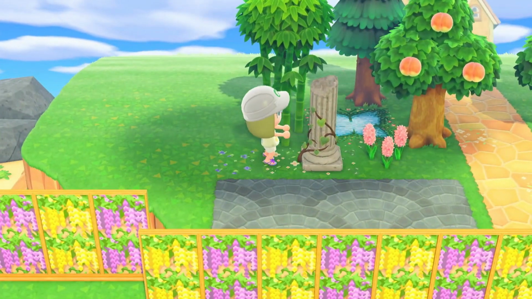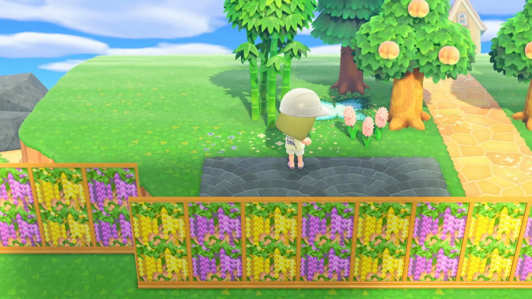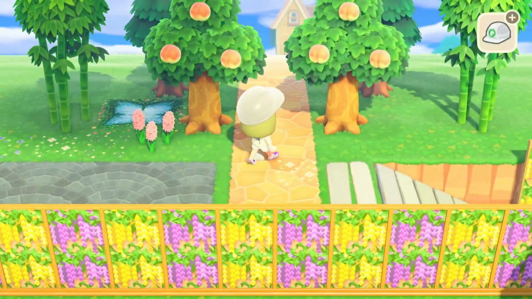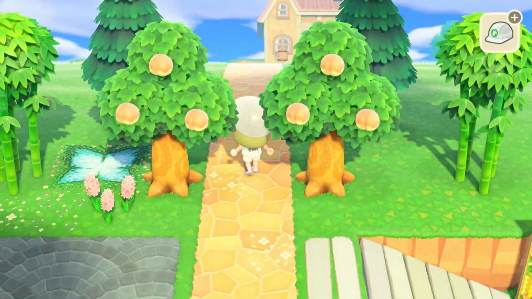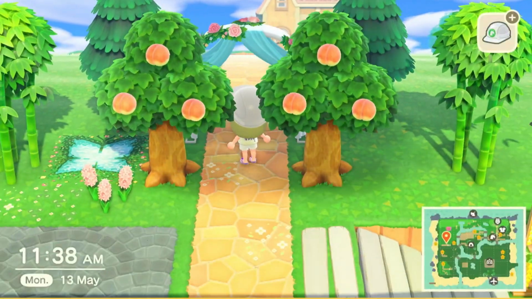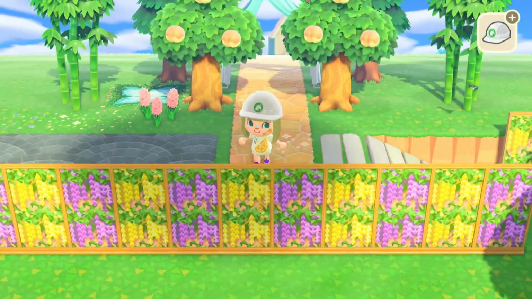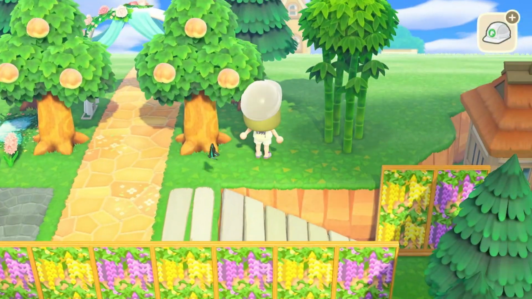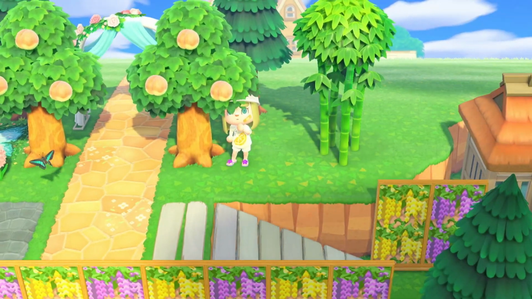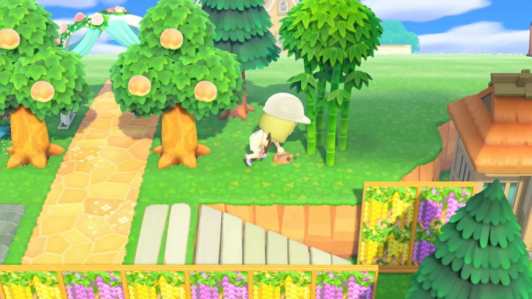I did try the ruined broken pillar, which I think I had in my head because of those gorgeous, elegant core builds that I've been seeing recently, and they look so pretty, and they've been using all of the broken pillars and things like that, but it just didn't look right for this build, so I kind of gave up